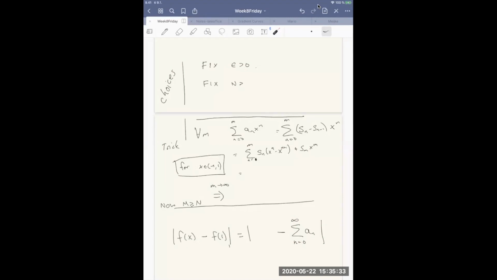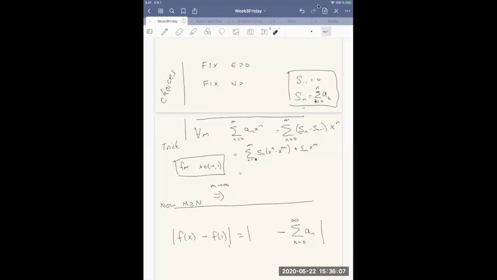So how does it work? Well, we have to first talk about partial sums before we can take an infinite sum. So let's sum up to m, the sum of an x to the n. By summation by parts, if we take partial sums of these terms, so Sn is equal to the sum from k equals 0 to n of ak, and S minus 1 by convention is 0,